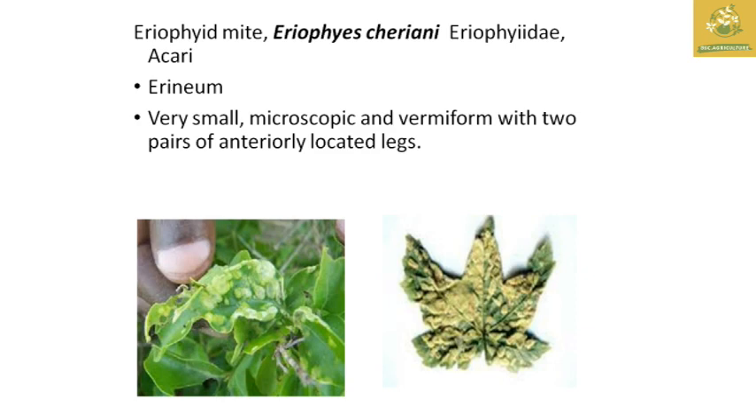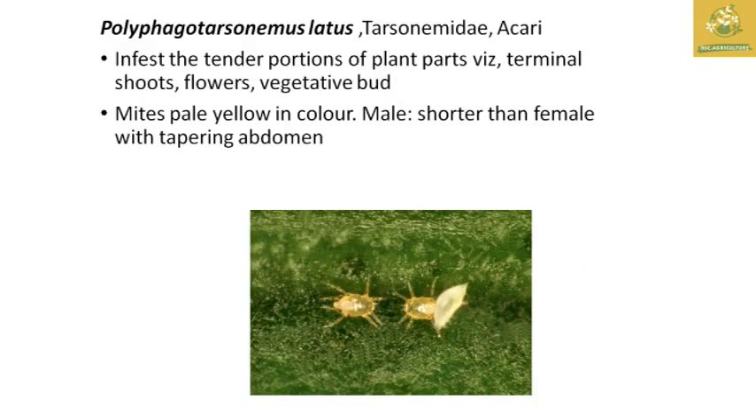So they use it to show the symptom of small and microscopic vermiform with 2 pairs of antenna located legs is the scientific name, and there it is the symptom pictures I have given. So the Jatropha leaf which used to show a brownish appearance in the leaves, and there is another scientific insect